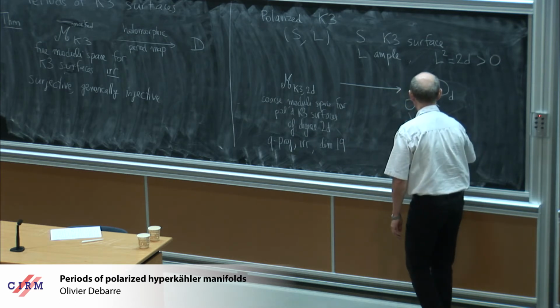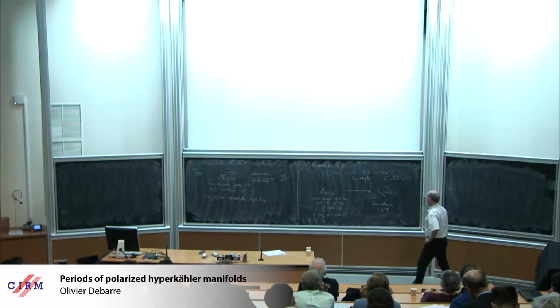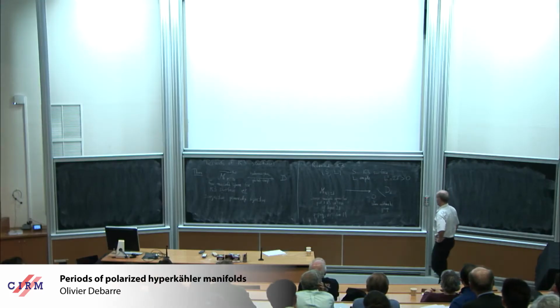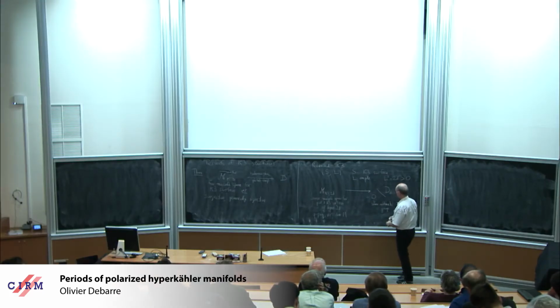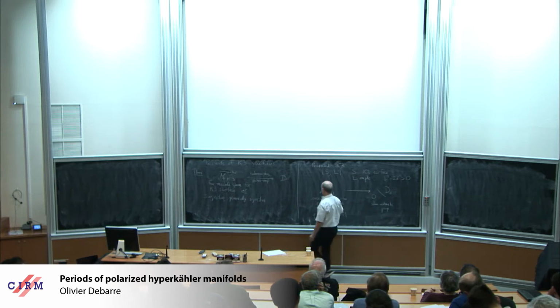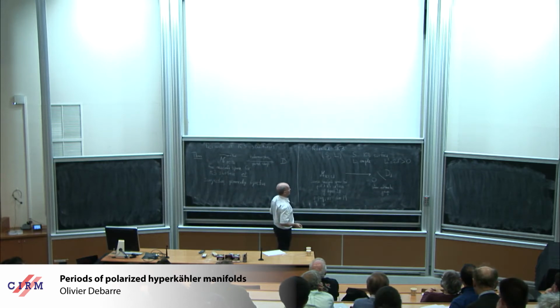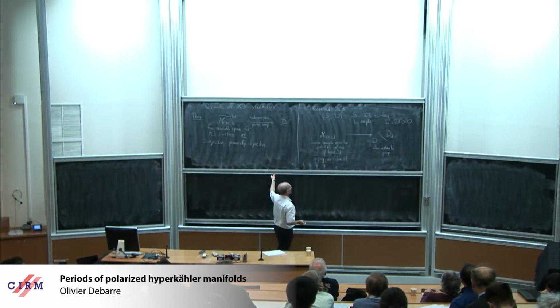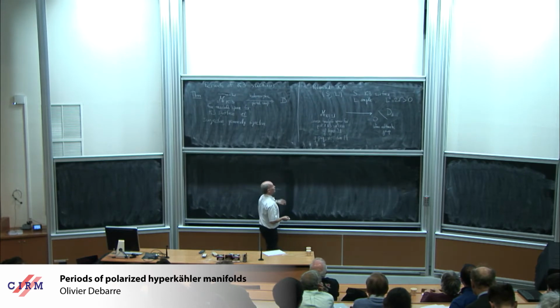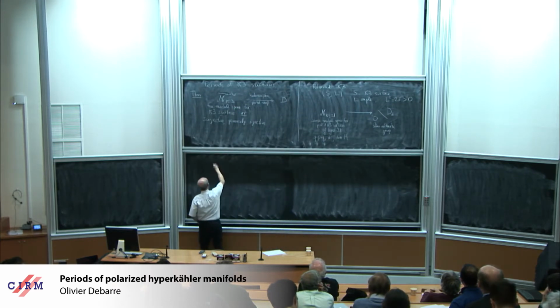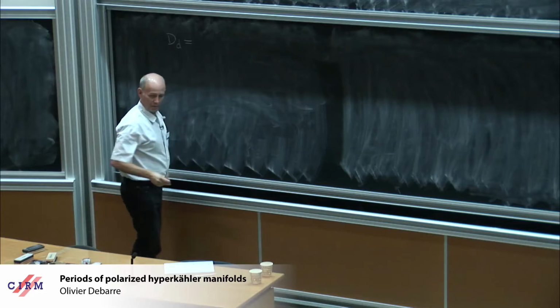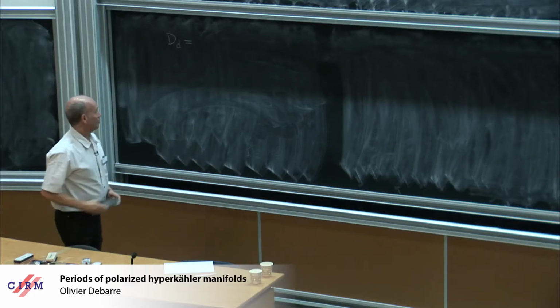I'll explain exactly what this group is here. And so let me explain. So this is the period map for polarized K3 surfaces. So here, D_D is the, okay, so I need to be a little bit more